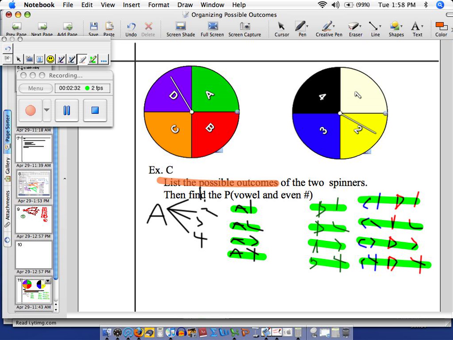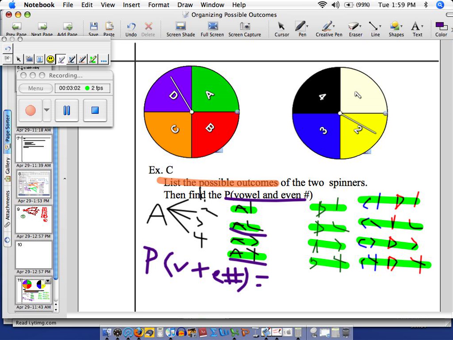However, the question is not yet finally answered. It wants me to find the probability of a vowel and an even number. Where are the vowels and even numbers? Where are they? A2, A4. So the probability of getting a vowel and an even number